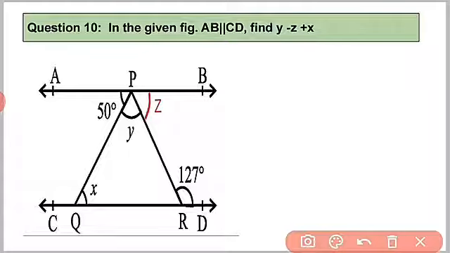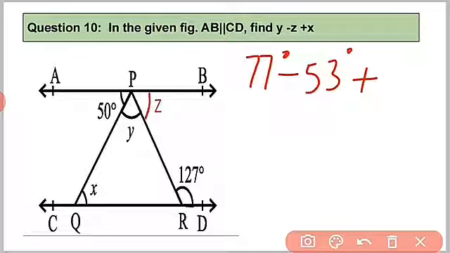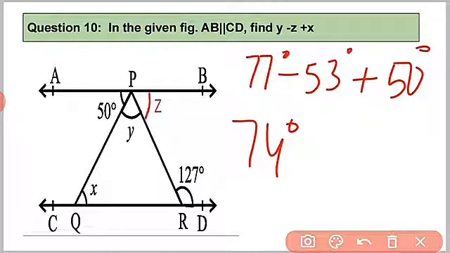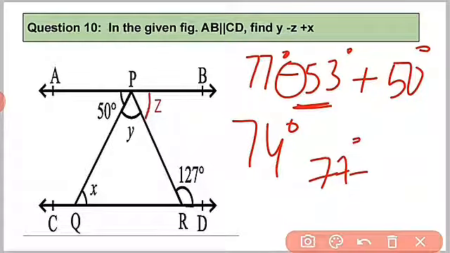So what do we get? Y was 77 degrees, Z was 53 degrees, and X was 50 degrees. So when we solve it, we get 74 degrees as the answer. We are not doing 53 plus 50. This negative sign will be with 53 degrees. It cannot be separated from 53. Remember, if the question is minus 53 plus 50 degrees, then your answer will be different, as there